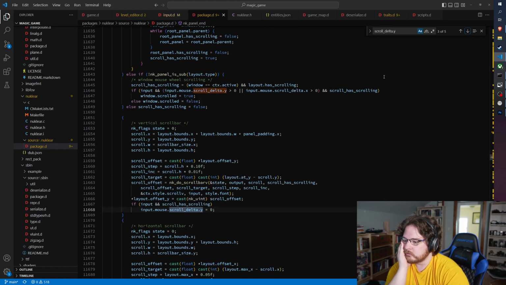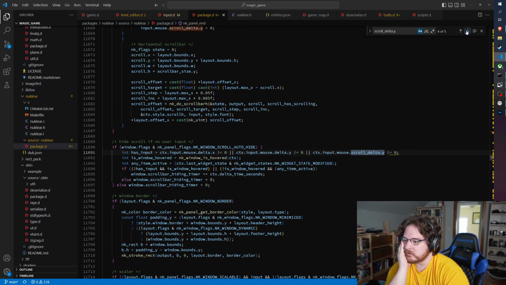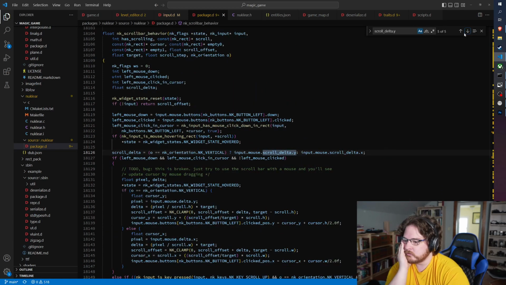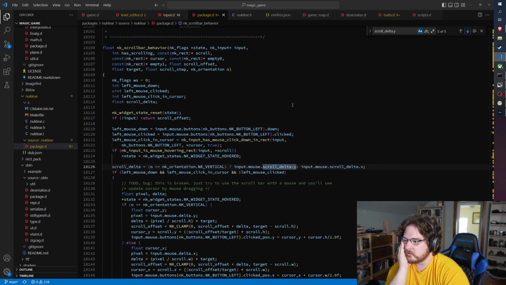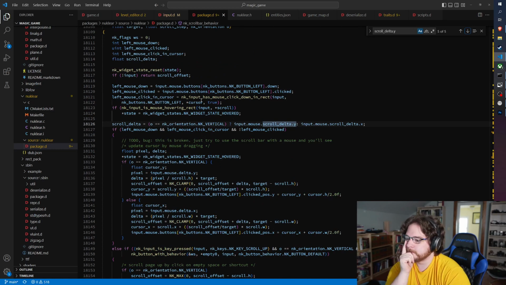This is the vertical scroll bar. Doesn't seem to be the code. Hide scroll if no user input. So this is the actual scroll bar behavior. Okay. So this is